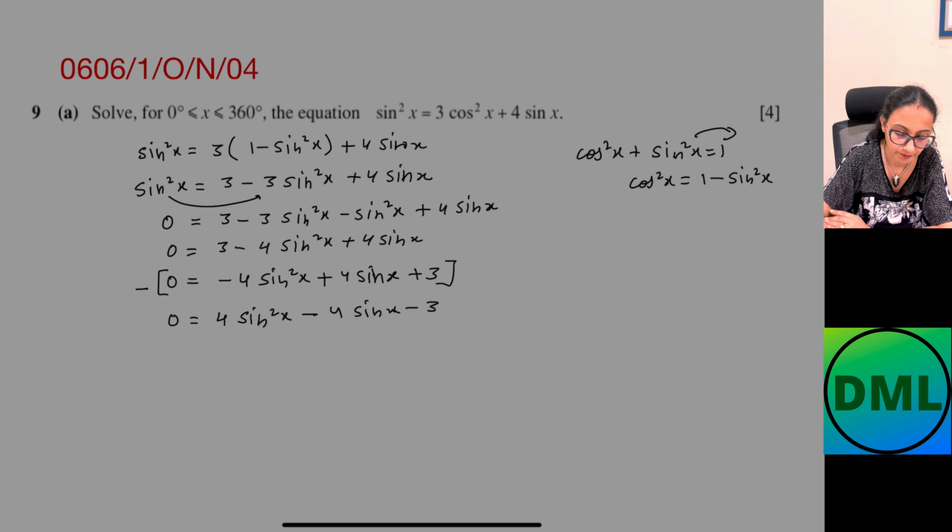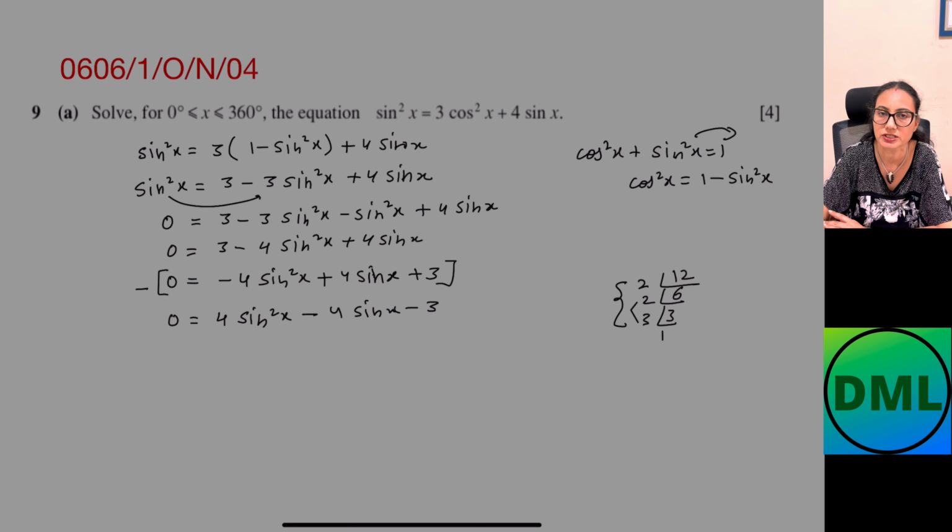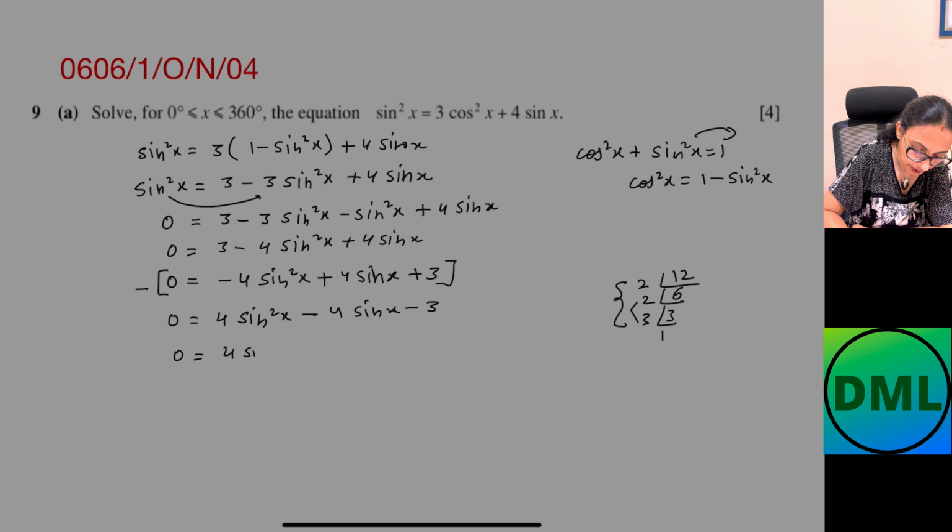So it is 12. If I do the factors of 12, I have 2 and 6, 2 and 3, and 3 and 1. I have to use these factors and I have to get the answer as 4. If I multiply 3 times 2, 6. 6 minus 2 is 4. Let's write down here: 0 is equal to 4 sin square x minus 6 sin x plus 2 sin